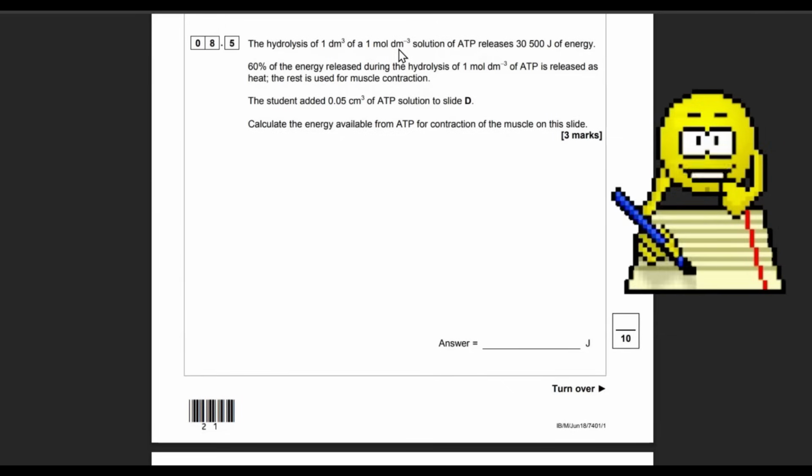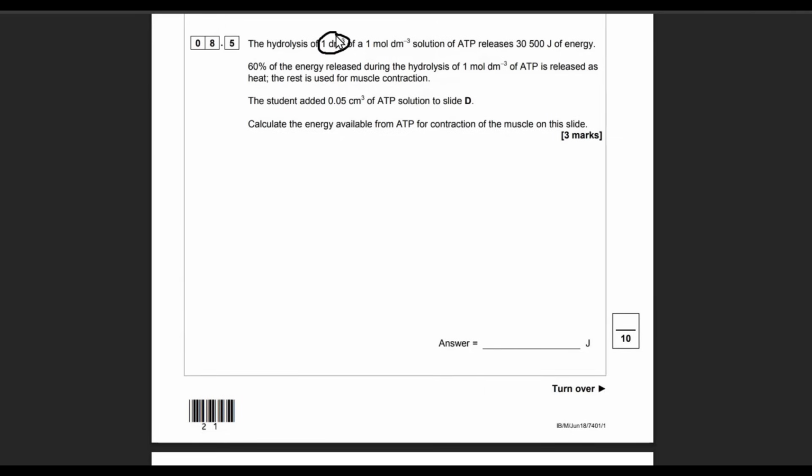Okay, so what we're saying is that if you have 1 decimeter cubed, now a decimeter cubed is 1,000 centimeters cubed. You might say, hey, why are we converting to 1,000 centimeters cubed? Well, we're converting because here we're using centimeters cubed. The student added 0.05. So I need to make my units of volume the same. I could turn that into decimeters, or I could turn this into centimeters. I'm going for centimeters. So hydrolysis of 1,000 centimeter cubed of 1 mole per decimeter cubed solution releases